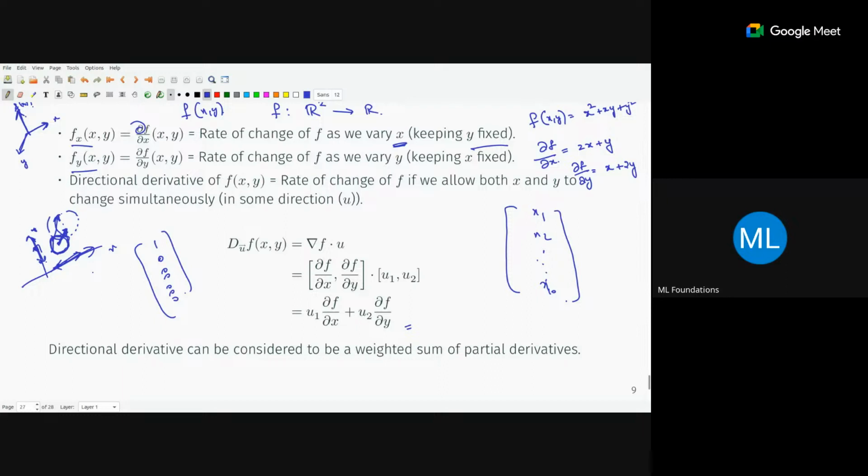And this directional derivative is a derivative of f of x comma y, but the reason we have a directional derivative is that this particular rate of change of f will also depend on the direction in which you are looking. That particular direction is represented as a vector. So in which direction you want, in this vector direction.